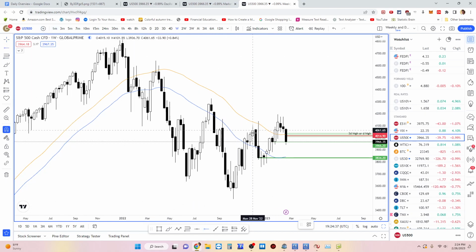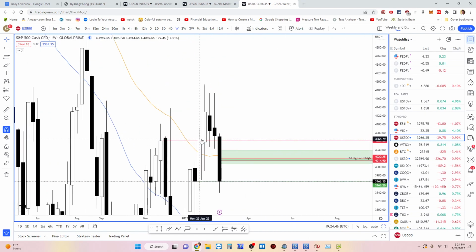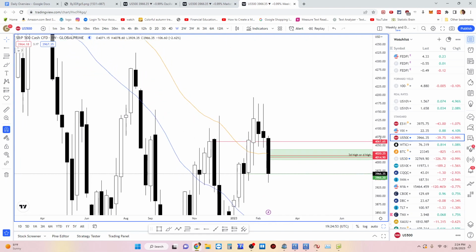I'm trying to find this line. Oh jeez, it's so thick. I mean, this was weekly resistance. I had no idea we were going to close the week above it. I'm pointing to it right there. There's the weekly close. So I didn't know that was going to happen, but